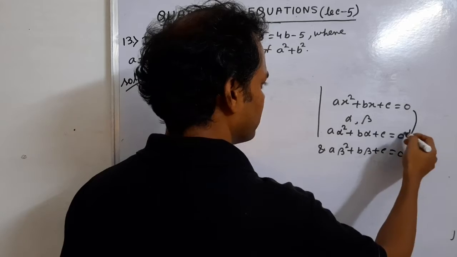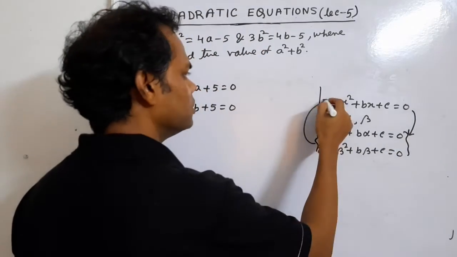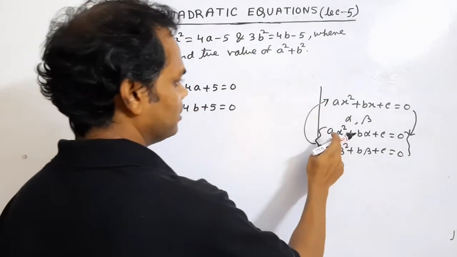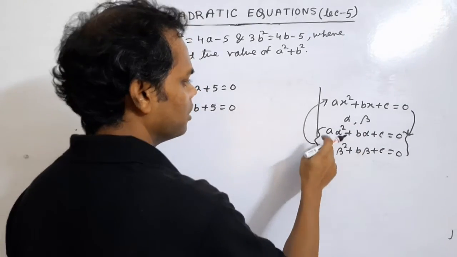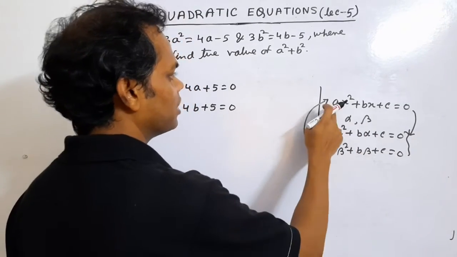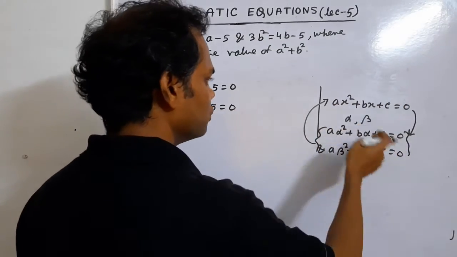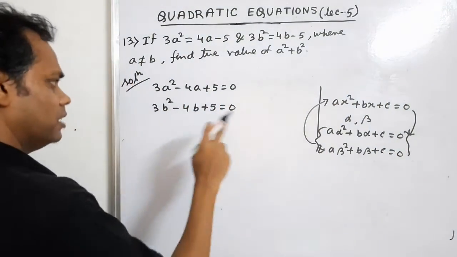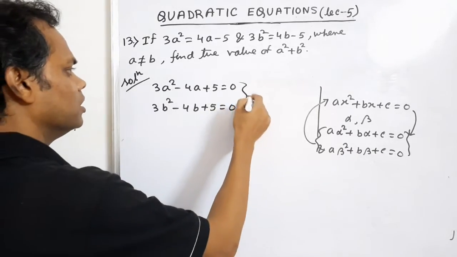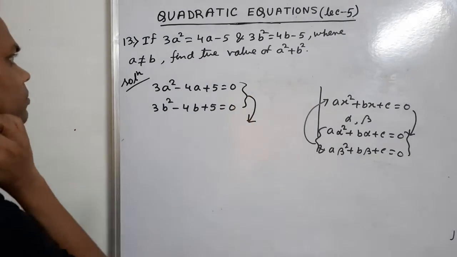From this to this we can write. Then the converse is also true. If we know that these two equations are valid, then from these two relations we can find the equation ax square plus bx plus c equal to 0 whose roots are alpha and beta. By this concept, applying it on this, we can find